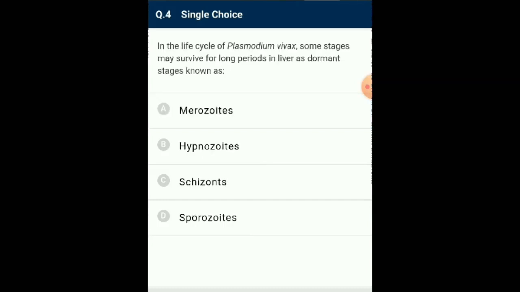Question number 4. In the life cycle of Plasmodium vivax, some stages may survive for long periods in the liver as dormant stages known as. The most common and widespread malaria parasite is Plasmodium vivax. It has a dormant stage in the human liver, which makes it difficult to eradicate. This dormant stage increases the possibility for the parasite to reach the vector for sexual reproduction. The sporozoites invade the cells of the salivary gland in the vector and the hepatocytes in the human. Some of the sporozoites develop into hypnozoites in the human liver. The hypnozoite is activated when it recognizes the same specific protein which it had previously recognized as the sporozoite to invade the salivary gland in the vector. So the answer for this question is option B,